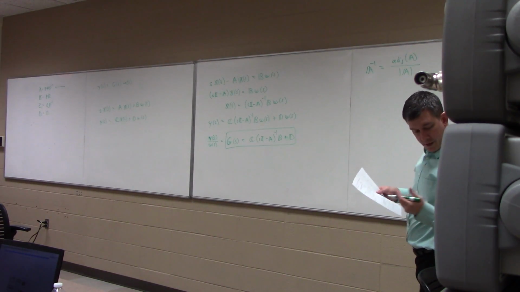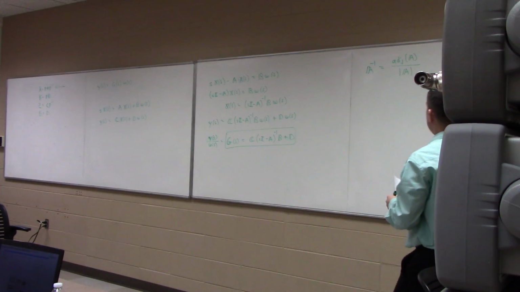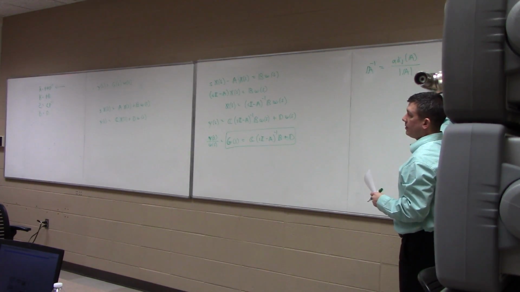Okay, somebody over in the math department figured out that the inverse of A can be expressed by the adjoint of A over the